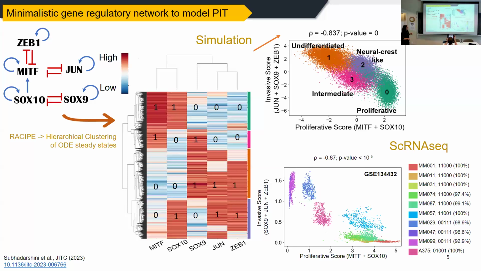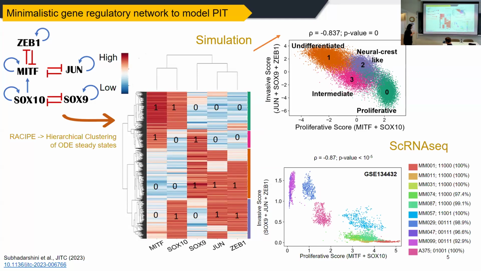However, if you look at the MM099 cell line, you would find that the proliferative master regulators are low and the invasive master regulators are high. So this is a classically invasive phenotype, which you also see in the model. So there's this antagonism between the proliferative and invasive axis, which we were able to see in our model and validate at single cell resolution as well. I can talk more about it, but because I have to cover a lot of things, maybe I'll just skip